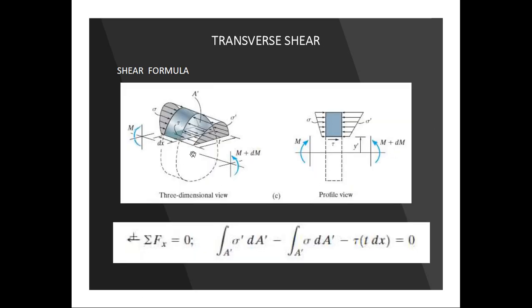This is the 3-dimensional figure, and you can see here how the shear stress will be developing. This is in 2 dimensions, this is in 3 dimensions. The moment will be different over here. So this is M, and this is M plus dM. This is a small difference due to the length: at this section the moment will be different, and at this section the moment will be different. So the moment is varying basically, and also the shear force will vary.